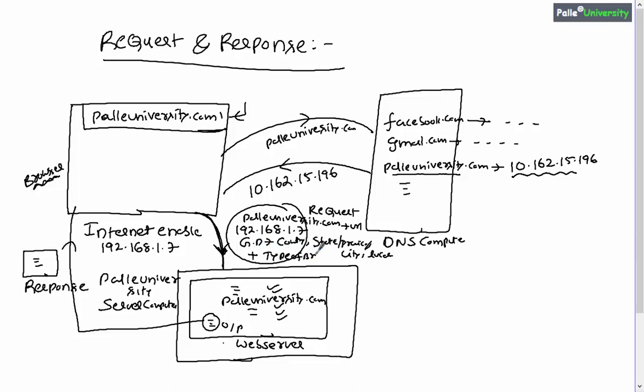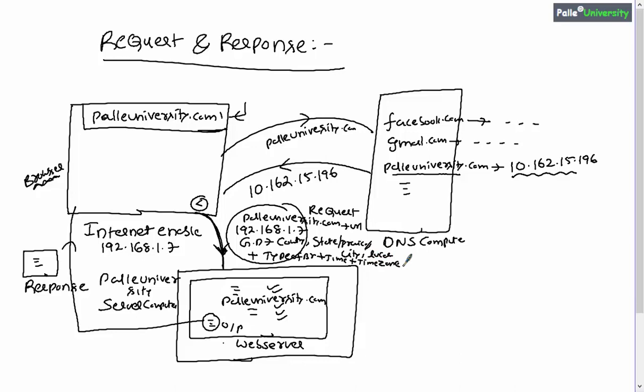Type of browser means whether you are using Google Chrome browser or Internet Explorer browser or Mozilla Firefox browser, so all those things. So it will include type of browser, and also it will include the current time in your browser computer. So definitely some time will be there, and then time zone will be included, right? So time zone means whether it is Greenwich Mean Time or not.